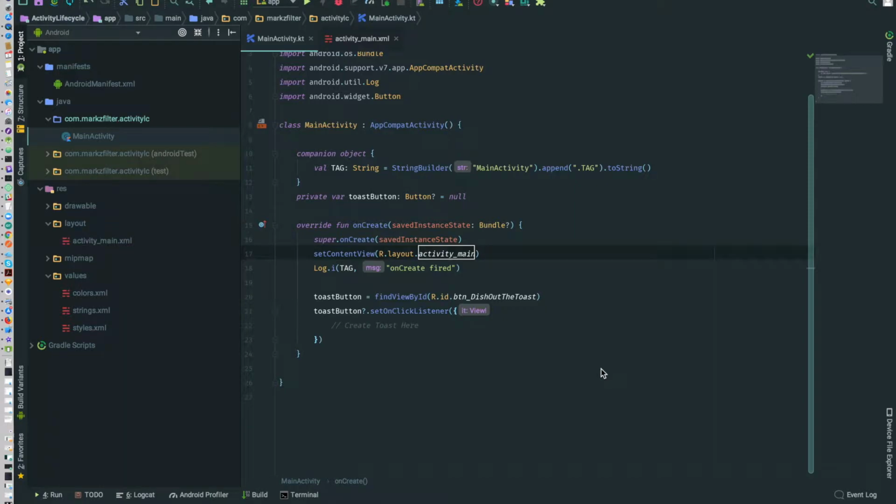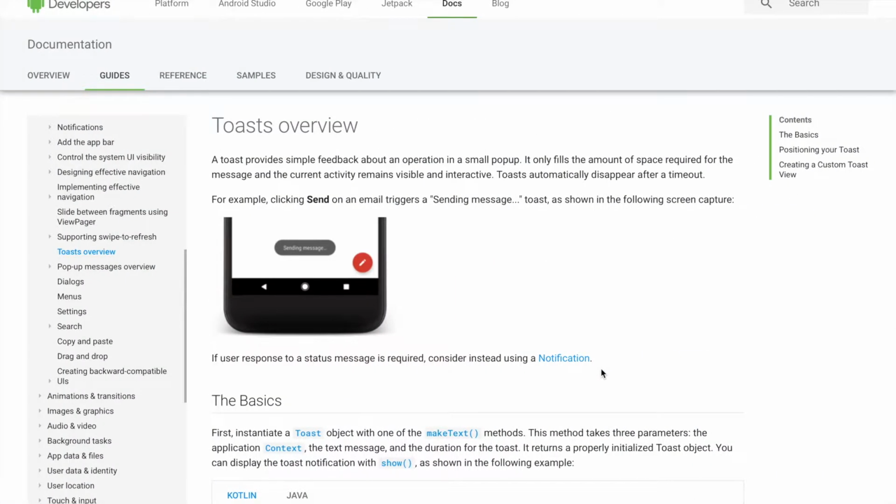All right, so let's talk about toast messages. Toast messages are a way for you as a developer to have an ongoing conversation with your application users. A toast message is a short message that does not require any interaction from your user, and its purpose really should be to just inform them of what's going on within your application or to inform them of a state within your application. For instance, losing internet connectivity, or if we take a look at the documentation, the example that